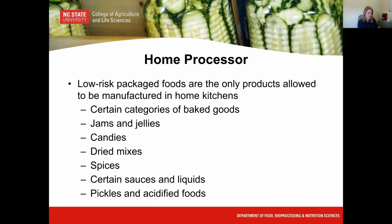So that leads me into these next two type of establishments, such as a home processor and a commercial processor. All right, so someone or a company or a small business, an entrepreneur, could decide that they want to prepare their foods at home. The important point to make here is that if an entrepreneur or small business does want to prepare their products at home, the only type of products that can be prepared and packaged at home would be those